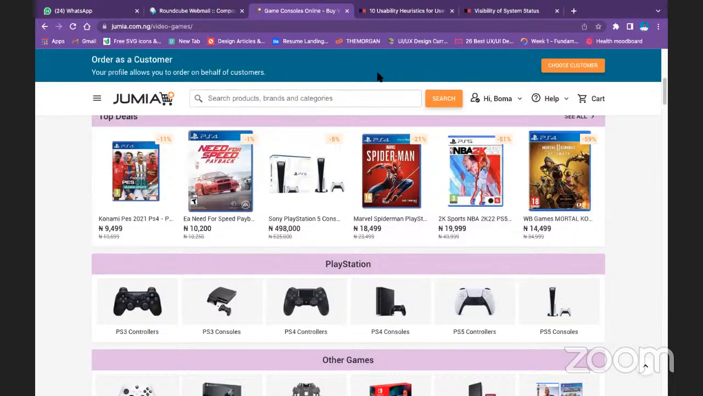So the last one is help users to recognize, diagnose, and recover from errors. This is telling us that error messages should be in plain language. If possible, make it bold. Let people know that it's an error message. For instance, delete is normally a red button. If it's an error message, make it bold. There are some things you need to avoid when